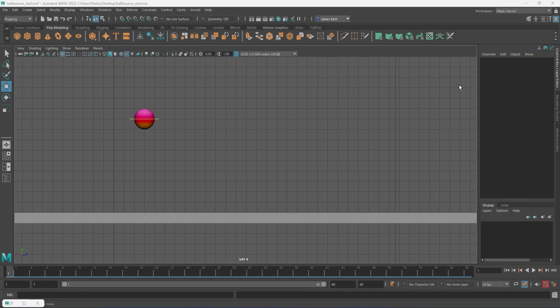So this is part 2 on how to animate a ball bounce in Maya for Mr. Kern's class. And I believe I misspoke before when I said that if you wanted to add the rotation that you would have to do that last. If you wanted to add the rotation to your ball bounce, I would recommend doing that second because you have to,